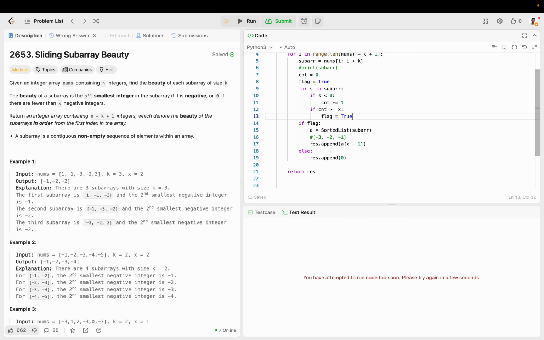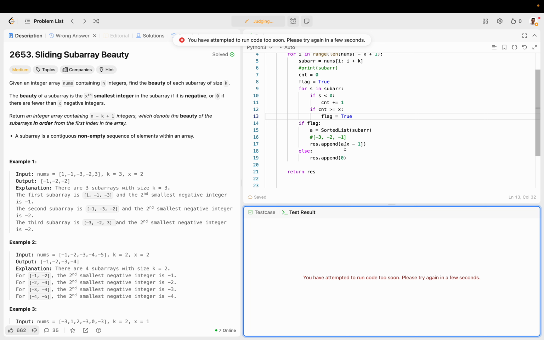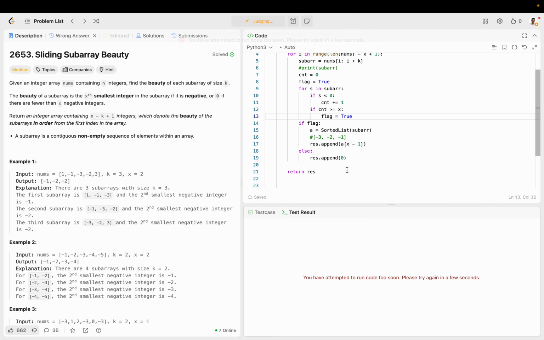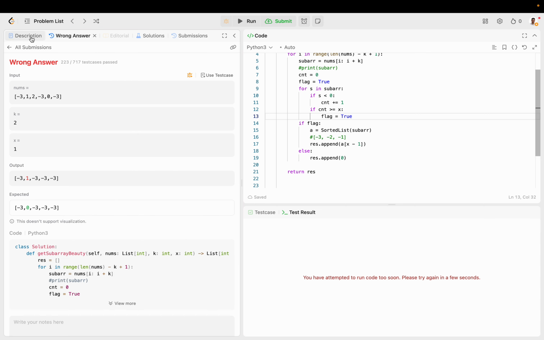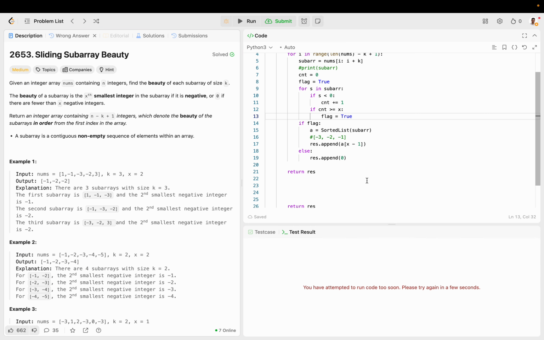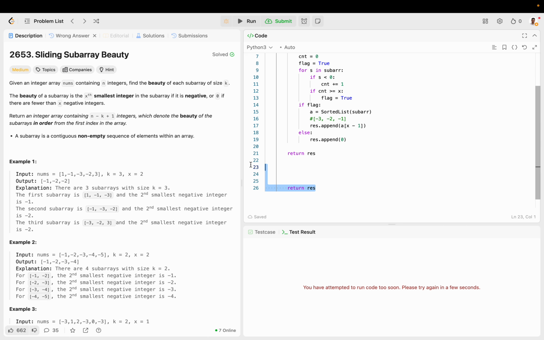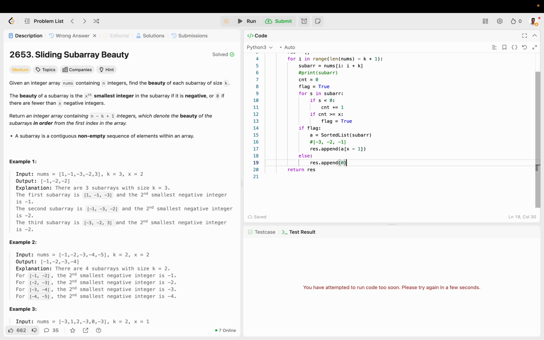Oh, we don't need a break here because maybe the false will affect the solution too. Okay, that should work because just because you're seeing true once doesn't mean that the rest, or maybe there's a bug here. Let's see. Okay, anyways,